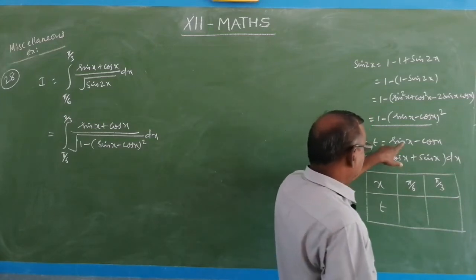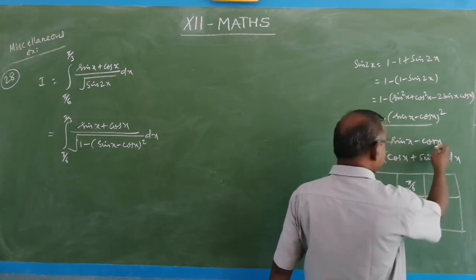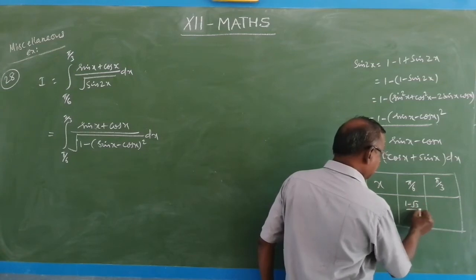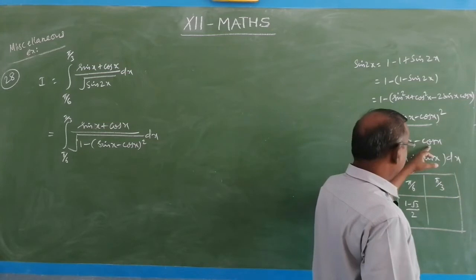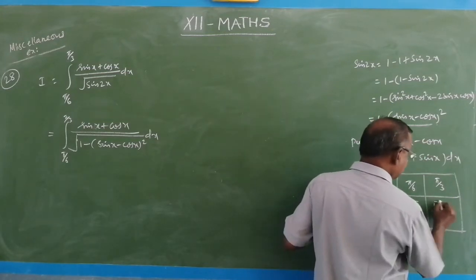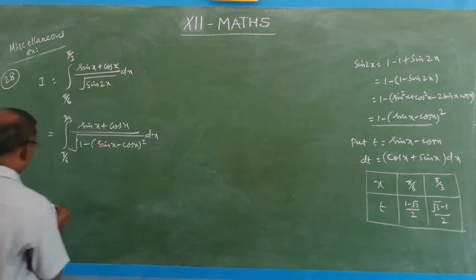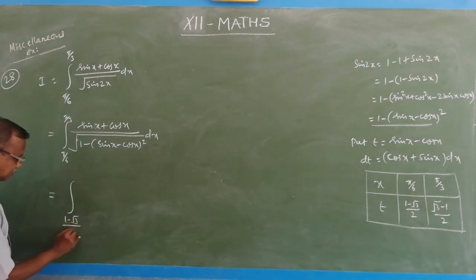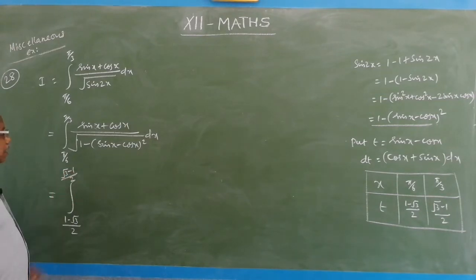We are given pi by 6 to pi by 3. When x equals pi by 6, sin pi by 6 equals sin 30, which is 1 by 2, and cos is root 3 by 2, so t is 1 minus root 3 by 2. When x is pi by 3, sin is root 3 by 2 and cos is 1 by 2, so t is root 3 minus 1 divided by 2. Now the integral I has lower limit 1 minus root 3 by 2, upper limit root 3 minus 1 by 2, and the numerator is